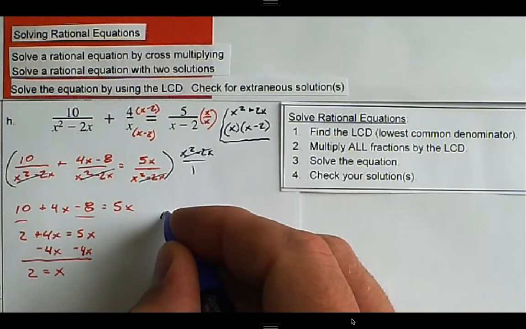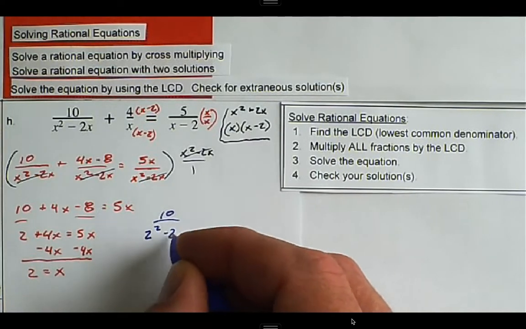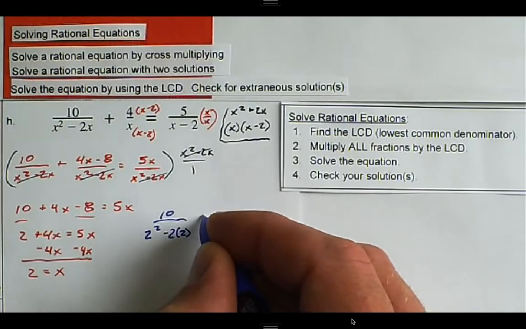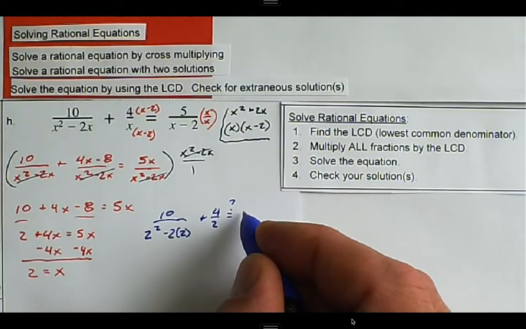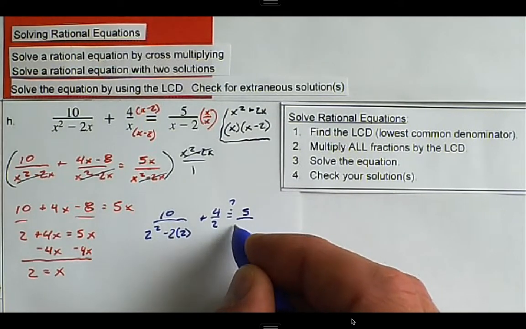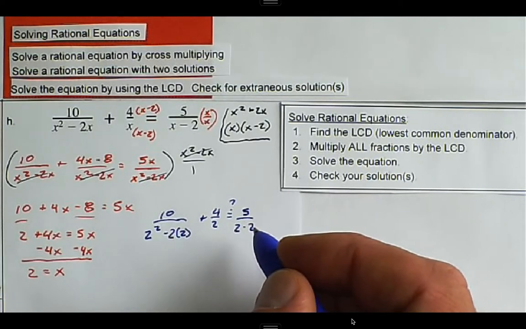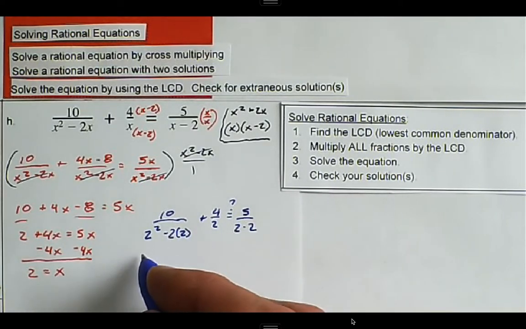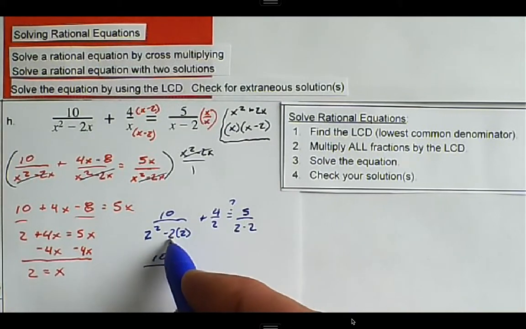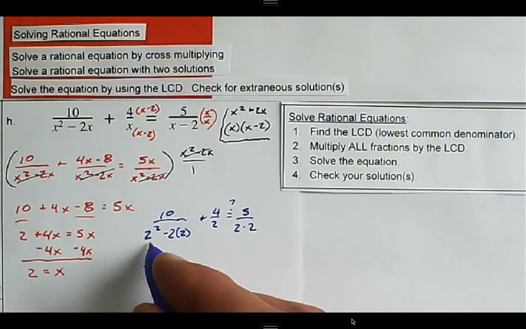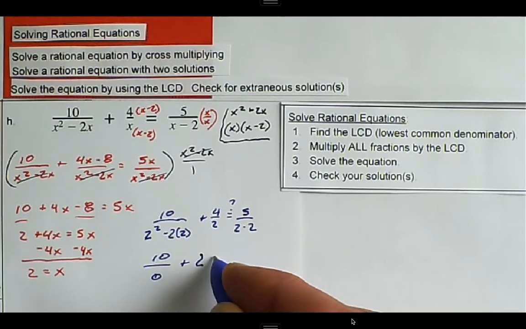And so 10 over 2 squared minus 2 times 2 plus 4 over 2. And we're going to check to make sure that that is equal to 5 over 2 minus 2. And here we get 10 over 2 squared is 4 minus 2 times 2. So we get 4 minus 4, which is 0, plus 2 is equal to